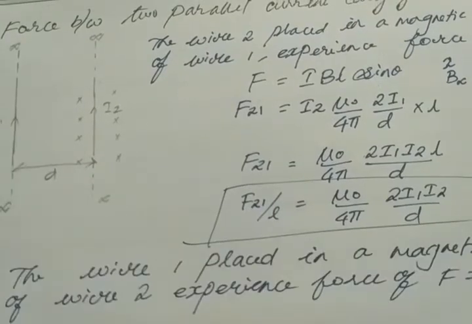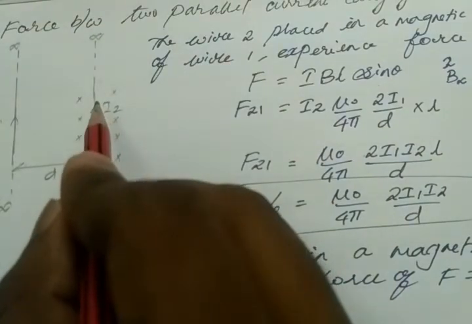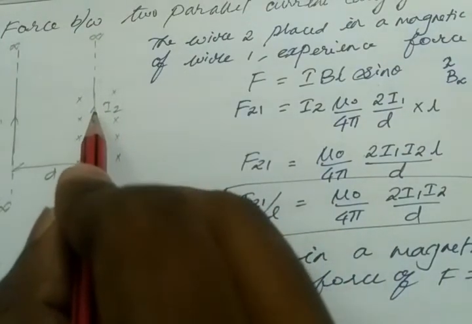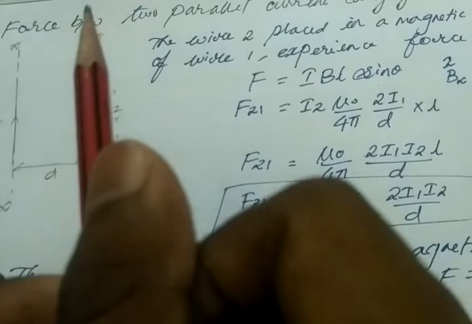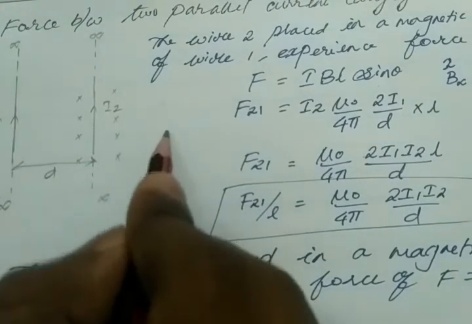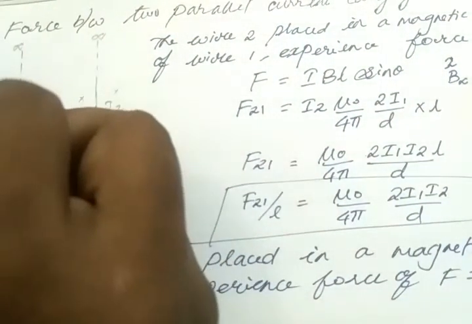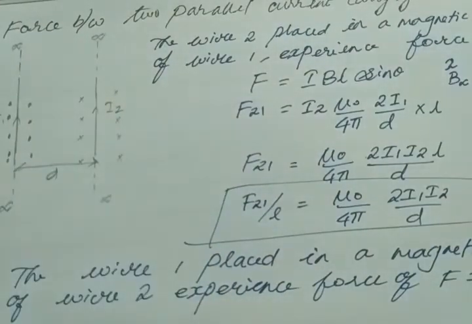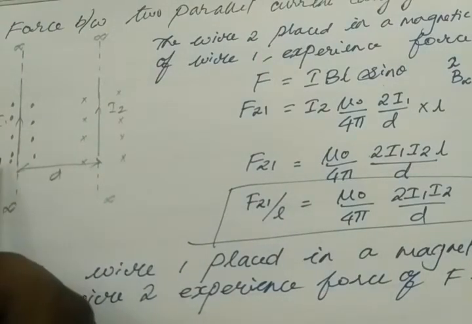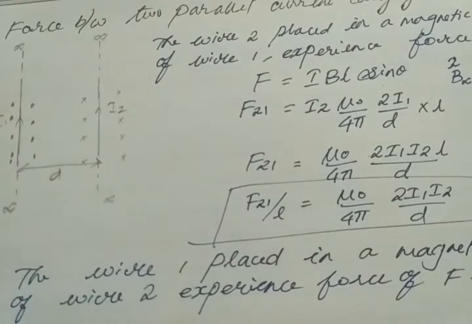So next equation. In the second case, some current is flowing through the wire 2, okay? So by Oersted effect, this wire 2 produces some magnetic field, right? So by using the right hand thumb rule, my thumb finger in the direction of current, forefinger shows the direction of magnetic field. So on the right side of the wire, my forefinger is going inwards. On the left side of the wire, my forefinger is coming outwards. You try it yourself, okay? So on the right side I have a cross magnetic field, but on the left side I have a dot magnetic field. Right? So my wire 1 now experiences the dot magnetic field produced by the wire 2.